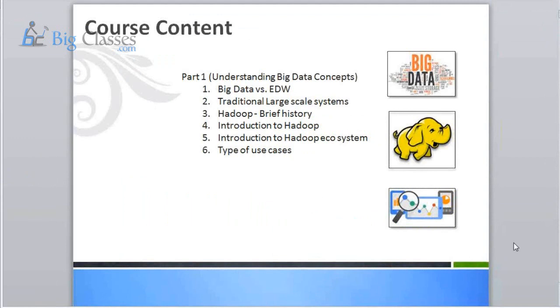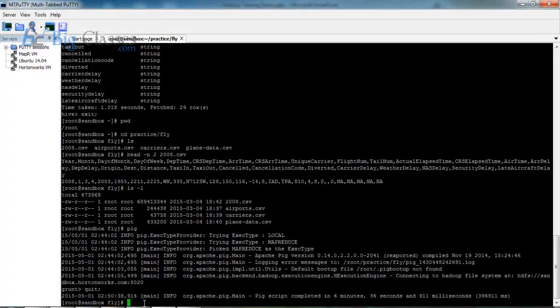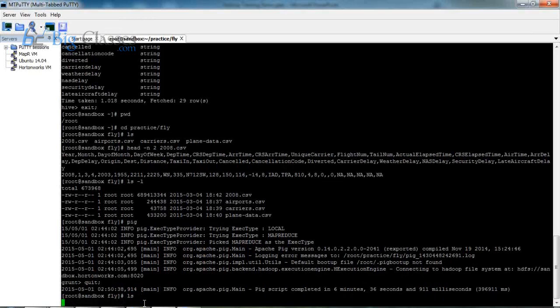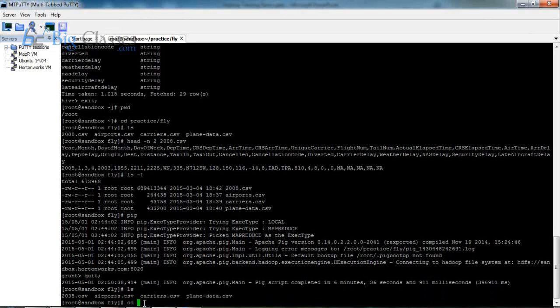You need to know Unix links. Yeah, good question. You need to know a little bit of it, at least to the extent of navigating through the file system. Let's say this is a Unix system, Linux and Unix both, and the shell is bash, which I'm using. At least you should be able to look at the commands, look at the files, and navigate with CD between the folders.